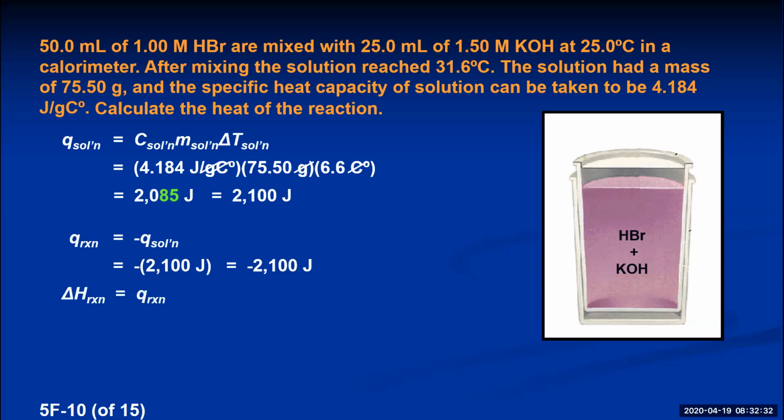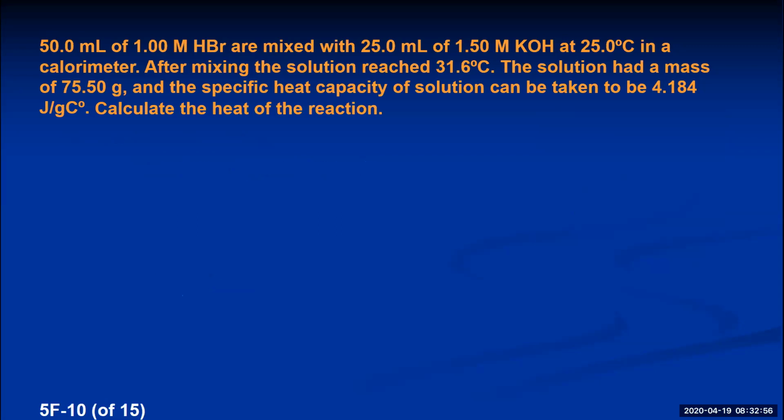And that's actually an interesting question. I'll give you one more little bit here. When you've calculated the Q of the reaction, that actually means the enthalpy change as well. So you can say the negative 2,100 joules not only is the heat released for the reaction, but it's also the enthalpy change for the reaction. Okay? So that's negative 2,100 joules also. Same number, same answer for both questions. Okay? Now,